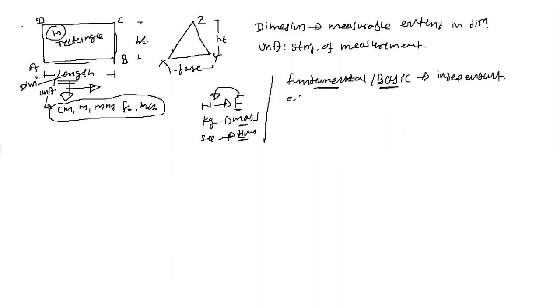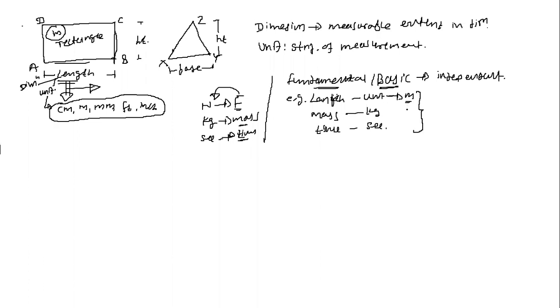For example, if we consider the length, then length has the unit, which I would like to write as a meter. So meter is a single entity. Meter is a standard of measurement for the length. Similarly, for the mass, mass is measured in kg, and the time, if I would like to go for, then time is measured in seconds. Means by considering those three quantities, we wish to have other quantities.